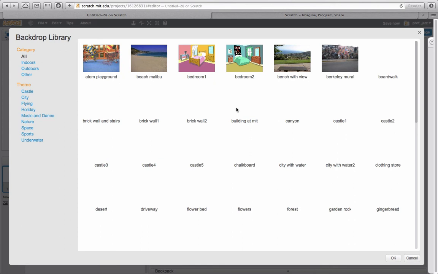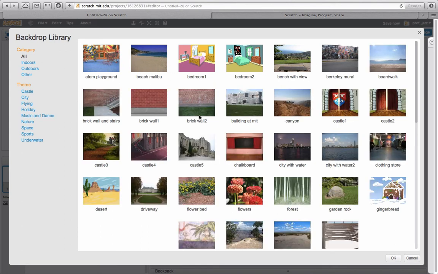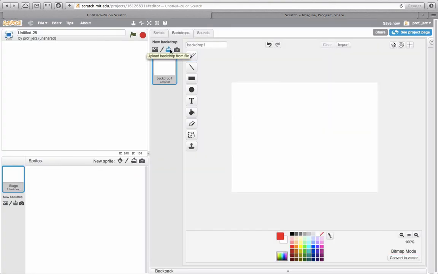And it's taking a little bit of time to download all these files, but as you can see, here are many different backdrops that I could choose. I can also upload a backdrop from a file. I could take a picture using a webcam, but I'm just going to work with this default backdrop they provided me. There's a text tool that if I make sure that I've got the black text, I can click here